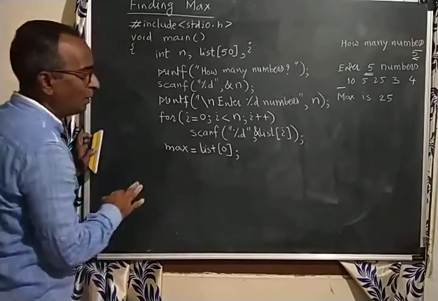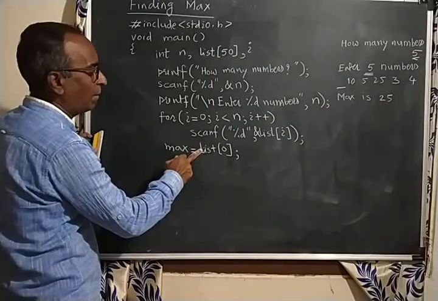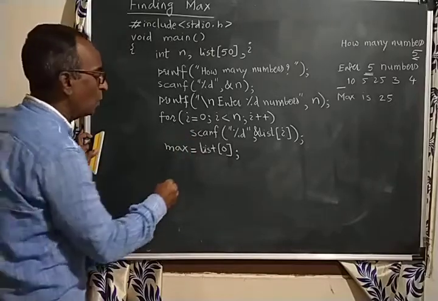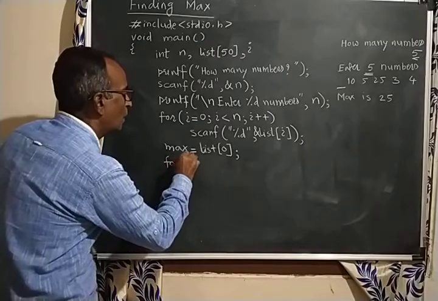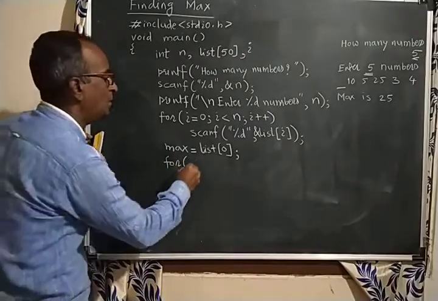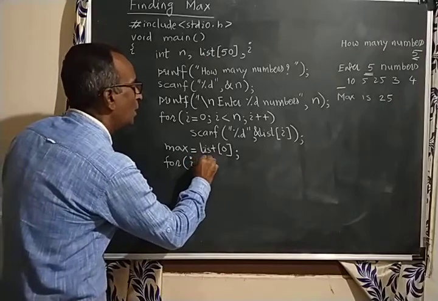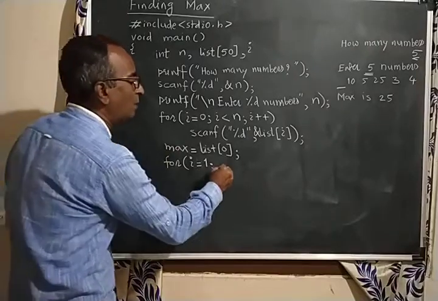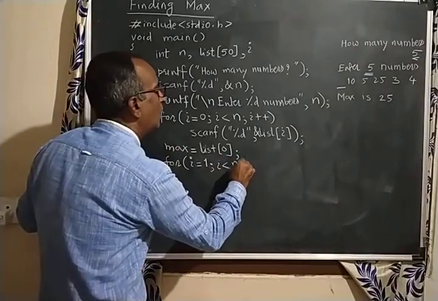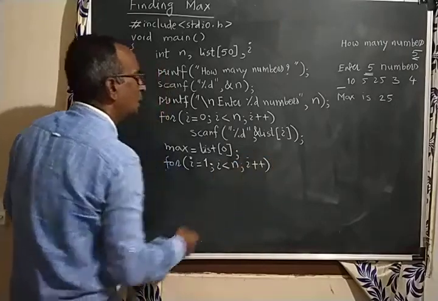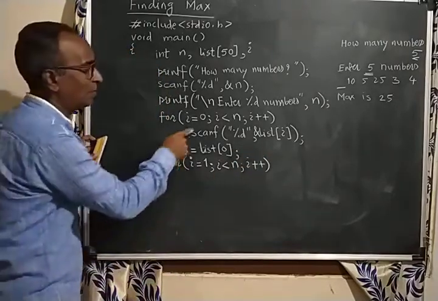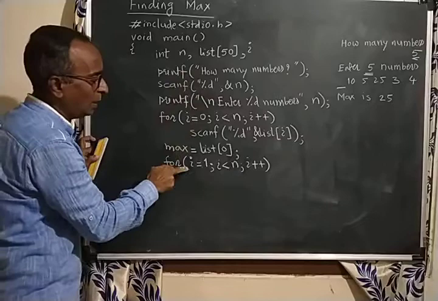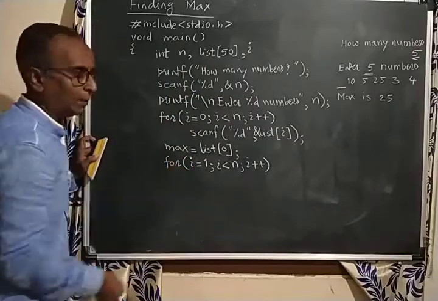Then when you are storing this, you have to check the next numbers again. So accordingly, I have to iterate for some number of times, from where I 1 now, because first number we have said max. From I1, I less than n, I plus plus. Can I use the same variable here? Yes, because its use is over by this time. Reading is over. Again it will be reinitialized and this can be used later.